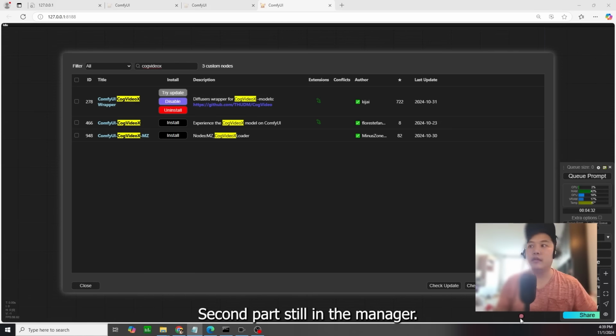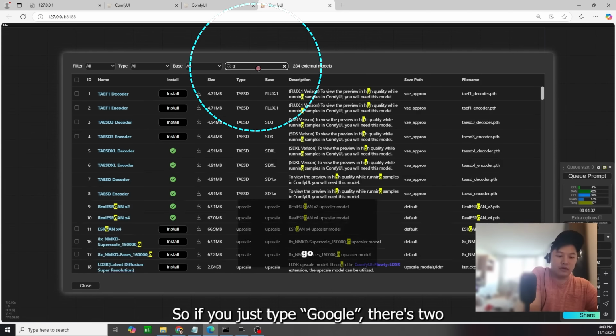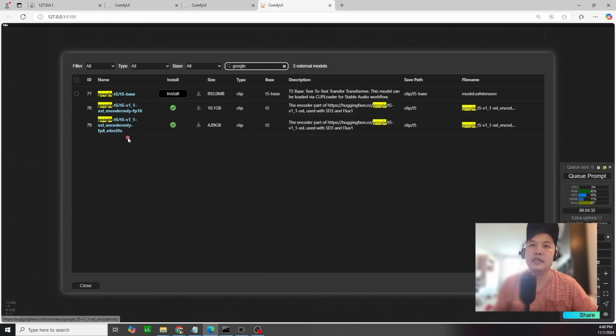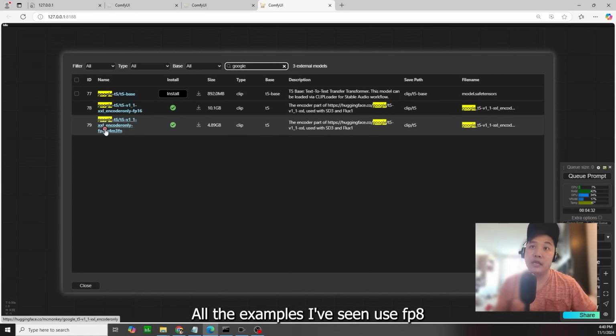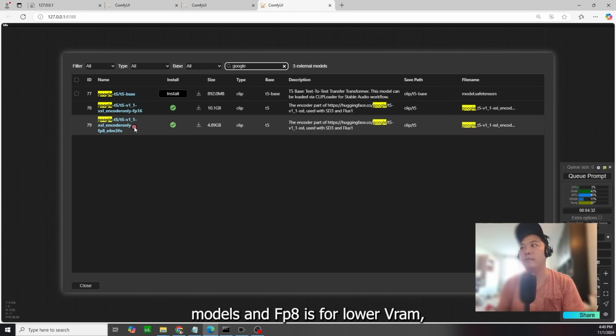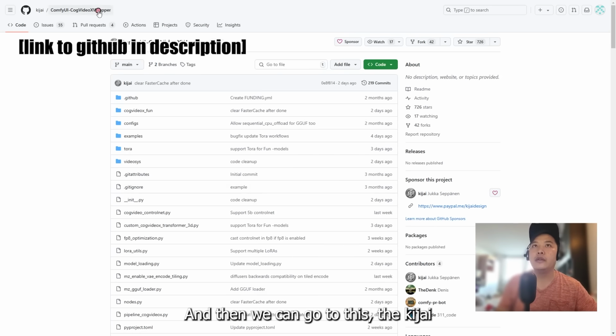Second part, still in the manager, we actually also need to install some models. So if you just type Google, there's two that work with it, the FP8 and the FP16. All the examples I've seen use FP8. I've downloaded both. Choose either one that you think your computer can handle. Generally, FP16 is for higher VRAM models and FP8 is for lower VRAM, but it might be a little bit faster. Once those download, you're gonna have to restart your ComfyUI,